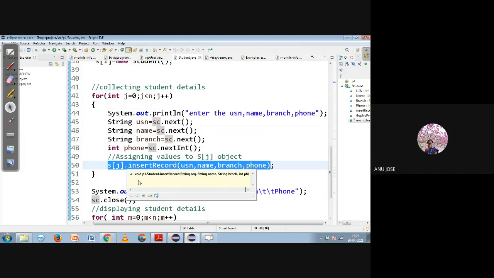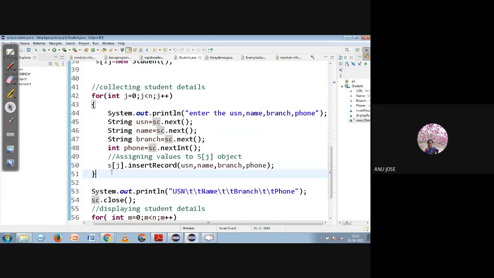In the similar case here also, S of j dot insertRecord is called. In the initial case j will be 0, so S of 0 dot insertRecord will be executed, meaning the first object's details will be recorded. And then S of 1 dot insertRecord will happen. That means if I have two objects, the second object's details are also read and inserted.